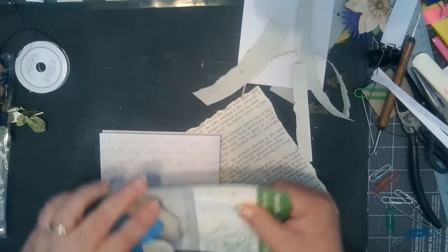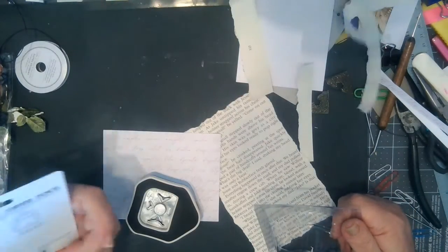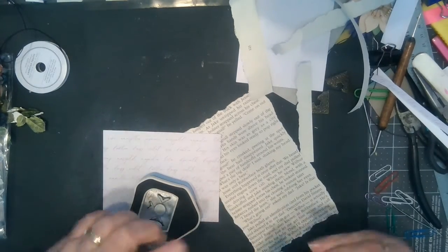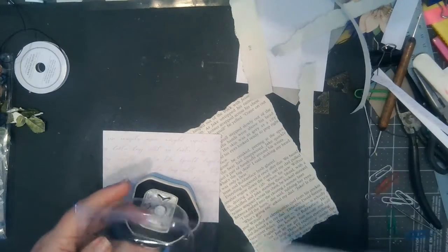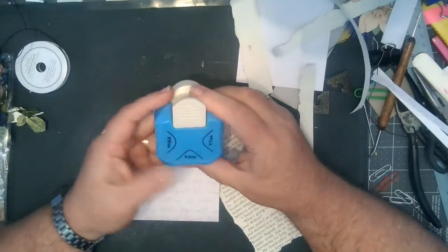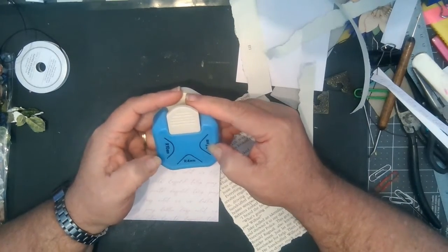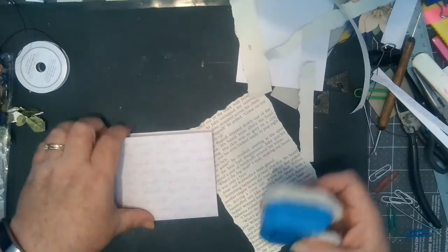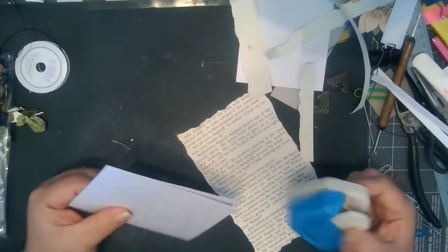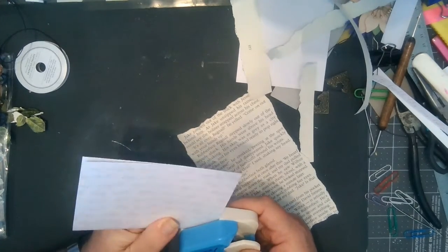Okay, so I just got this new punch, and I ordered it on AliExpress. So let's see, it's got 3 different sizes: the 4mm, 7mm, and the 10mm. So I'd been wanting to get me a new one. So we're going to